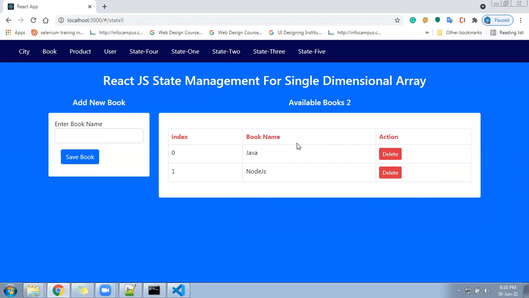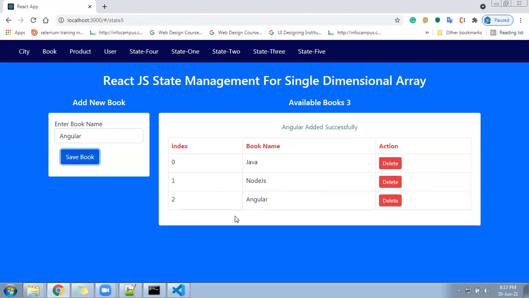Okay, so first let me show you. Suppose this is my text box. Here I have already added an array. Inside the array I have added two elements, two book names, Java and Node.js. Now let me add one more. Suppose I add Angular here and click on the save button. You can see my element is getting added here. Let me add one more,